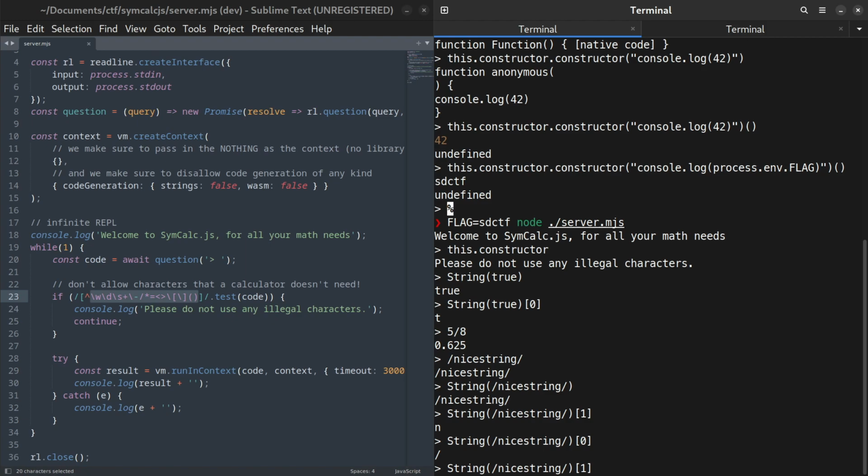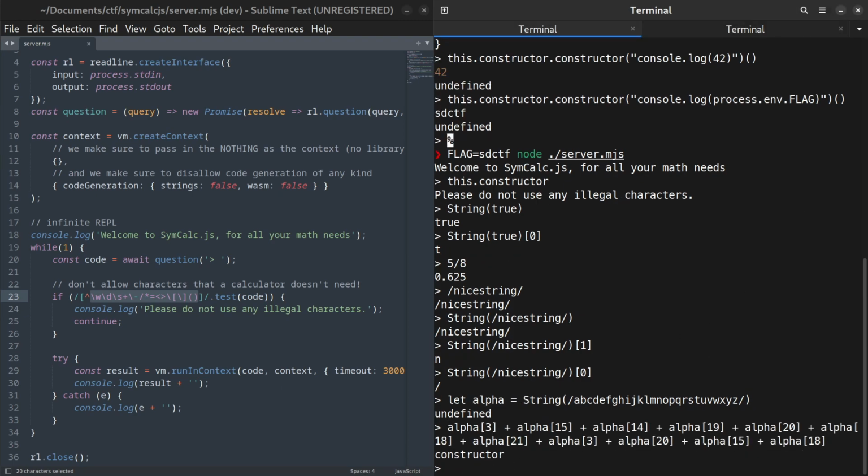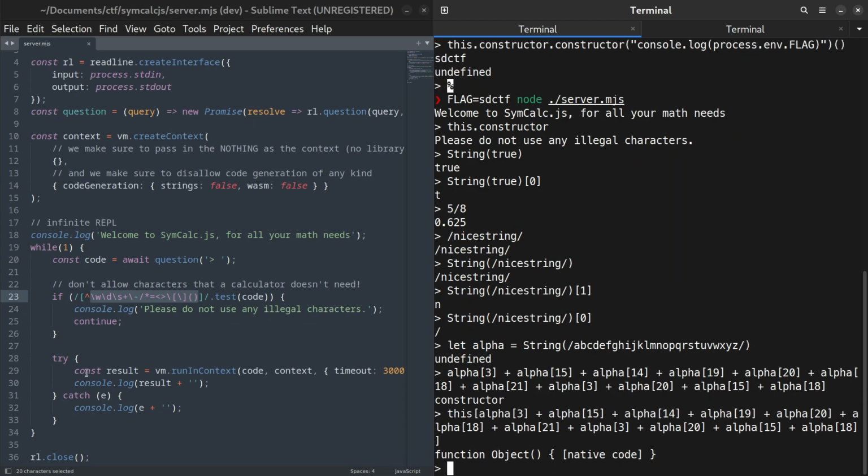One approach would be to cram all the characters we need into one big variable that we can index freely. This actually totally works, albeit slowly. Technically, we have everything we need to start accessing object members. For example, you can create the string constructor with the following sequence. If we use this string on this, we can finally start getting somewhere. That said, I have one more trick up my sleeve that will make this go just a little bit faster.